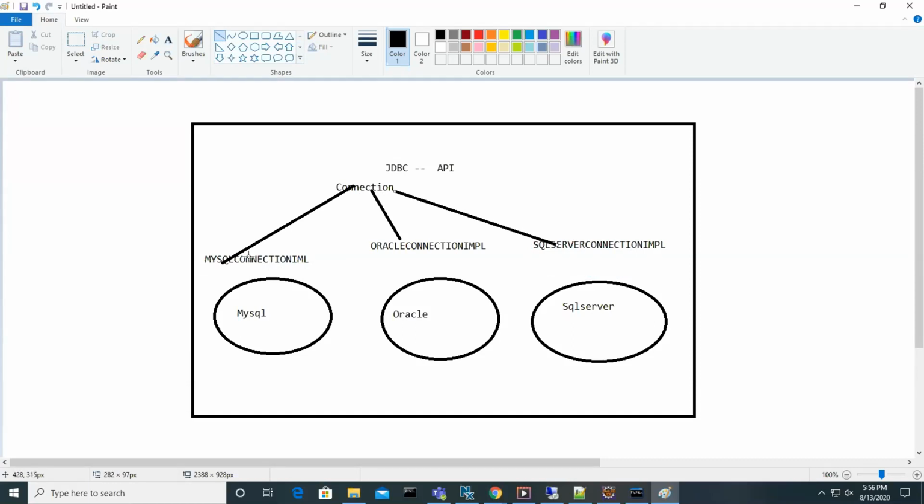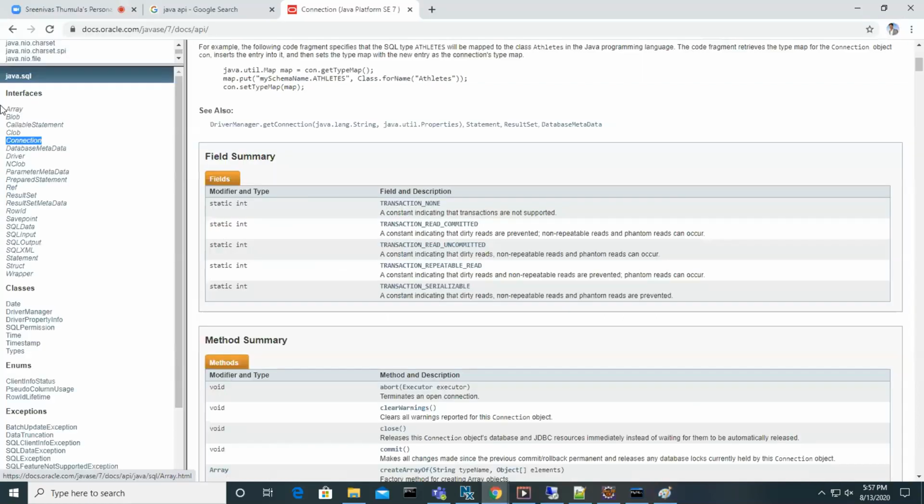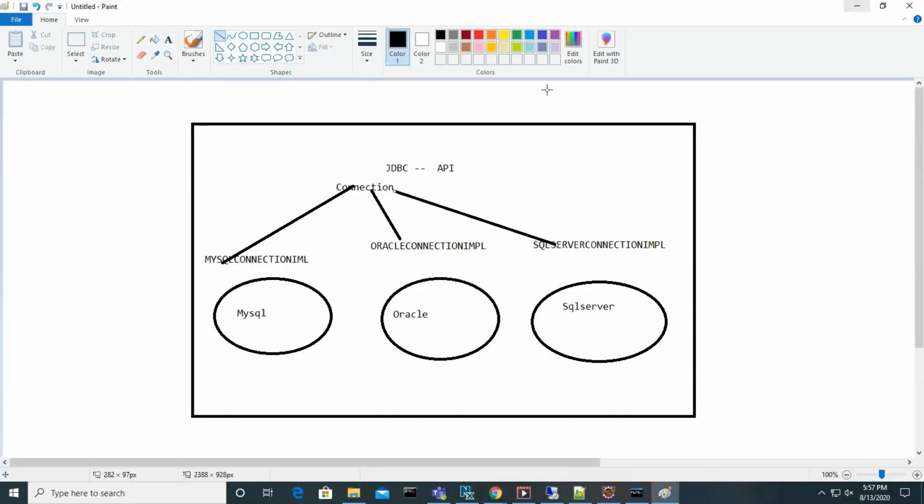So they are implementing their own class. That means the MySQL database people have their own class. Like this, they will implement all the classes. I mean, what are the parts of java.sql? We have the java.sql package interfaces, right? They do the implementation for all the interfaces.